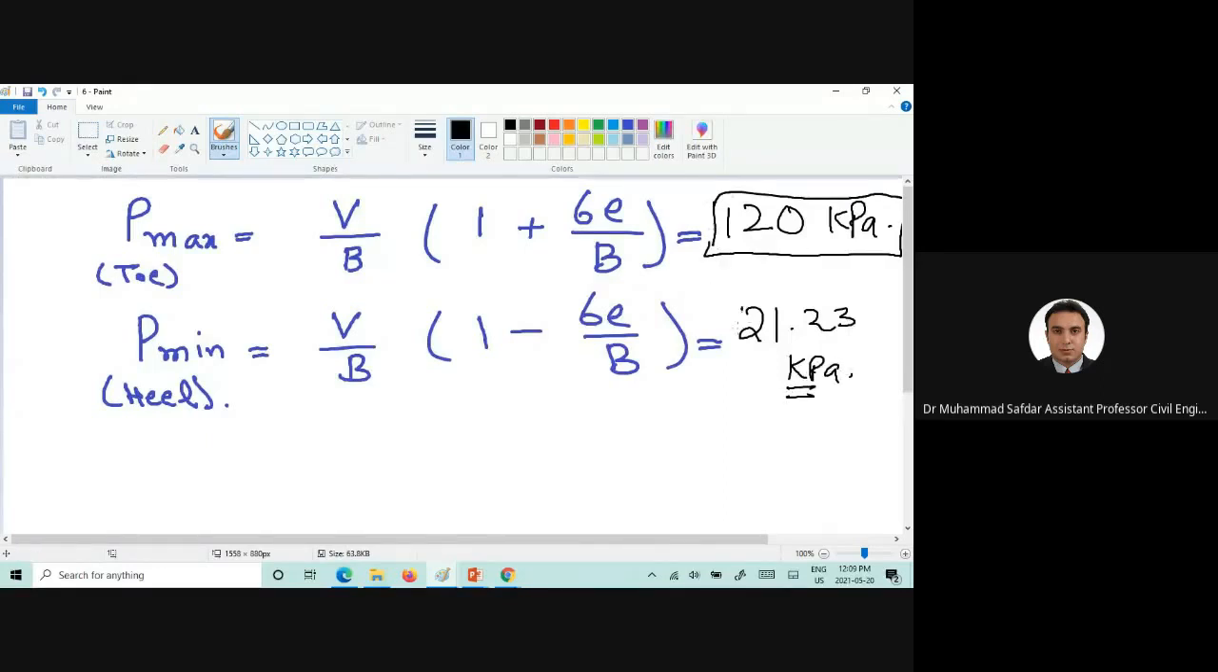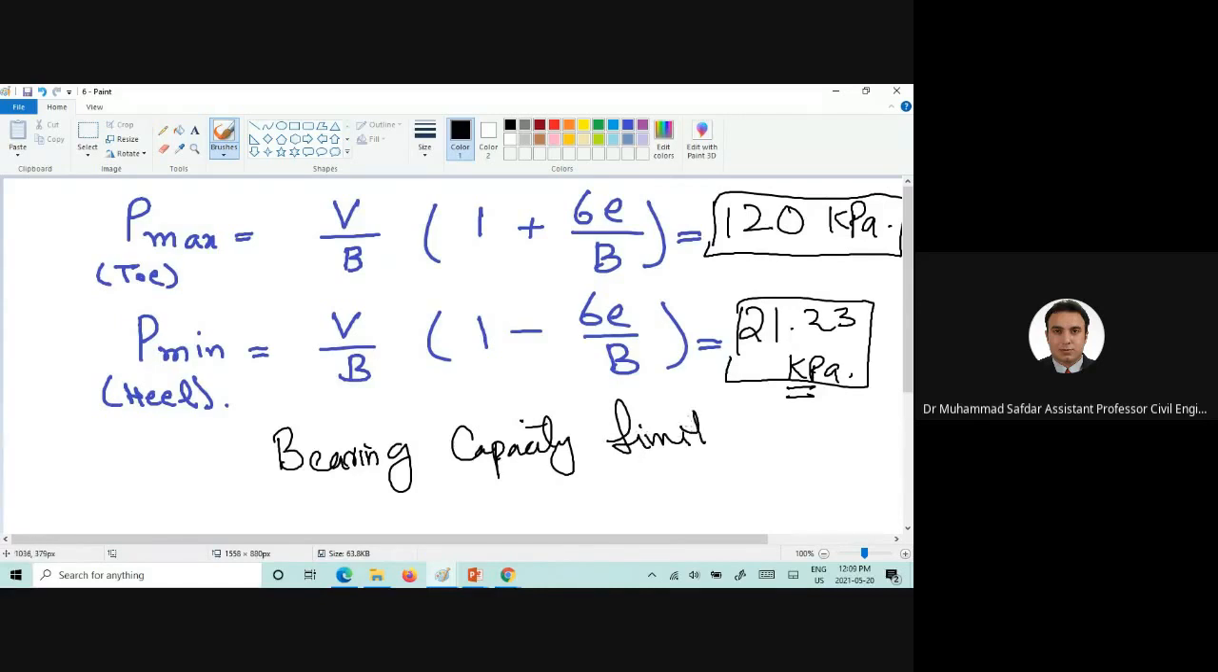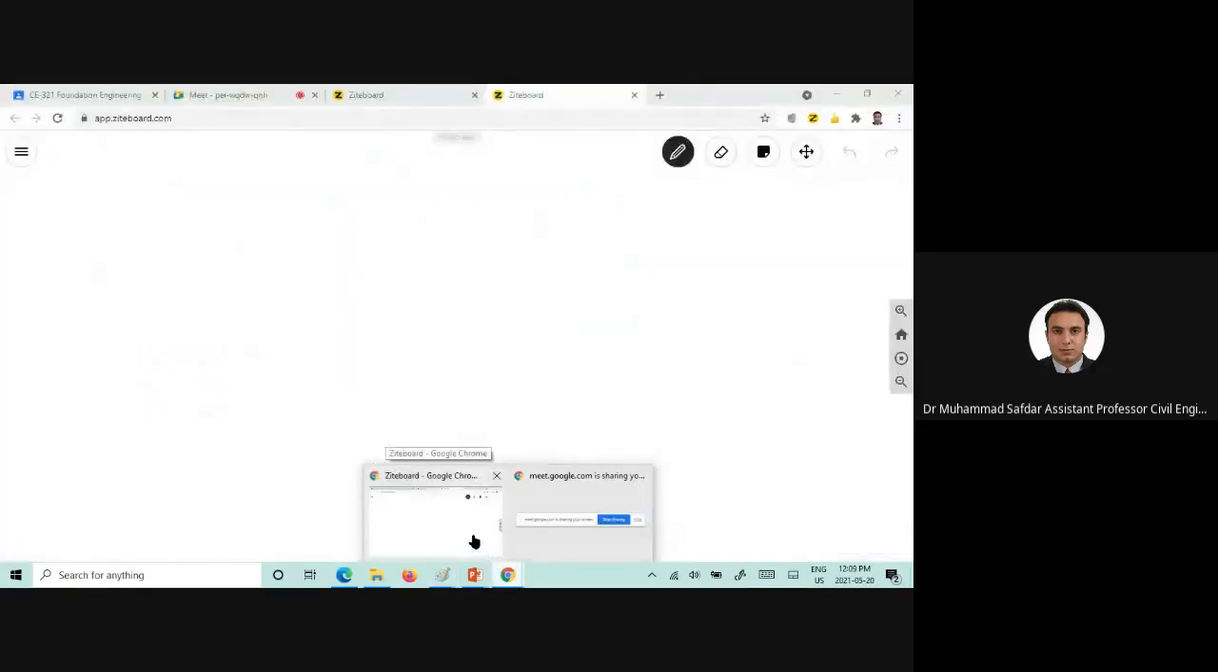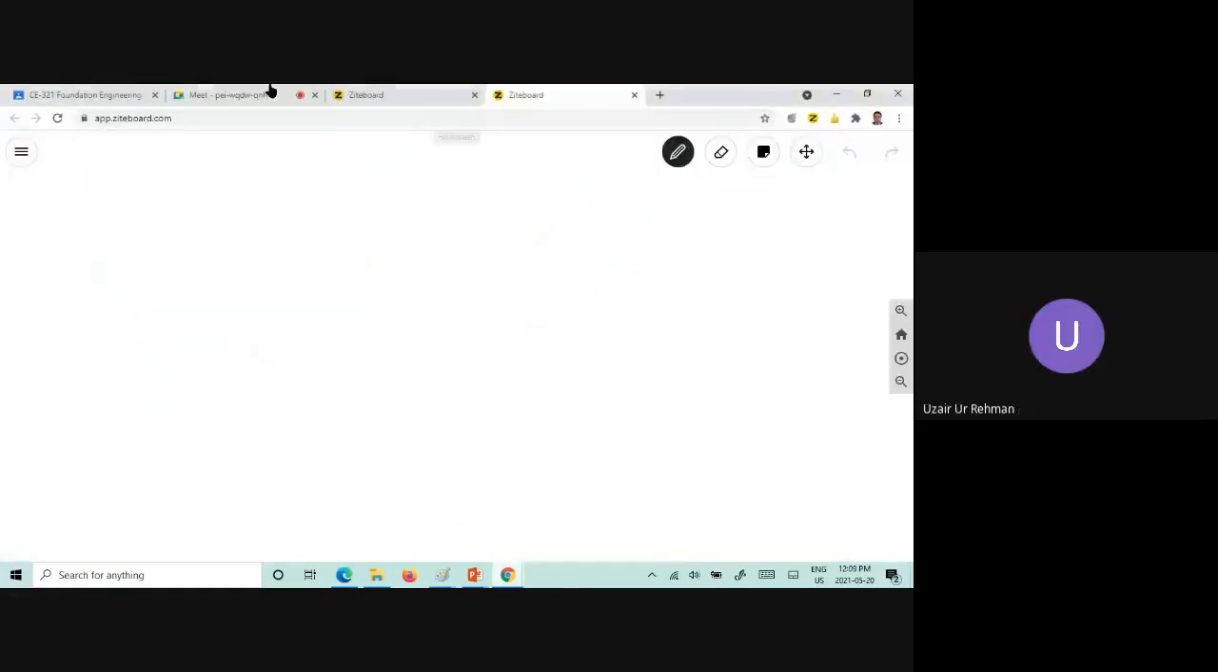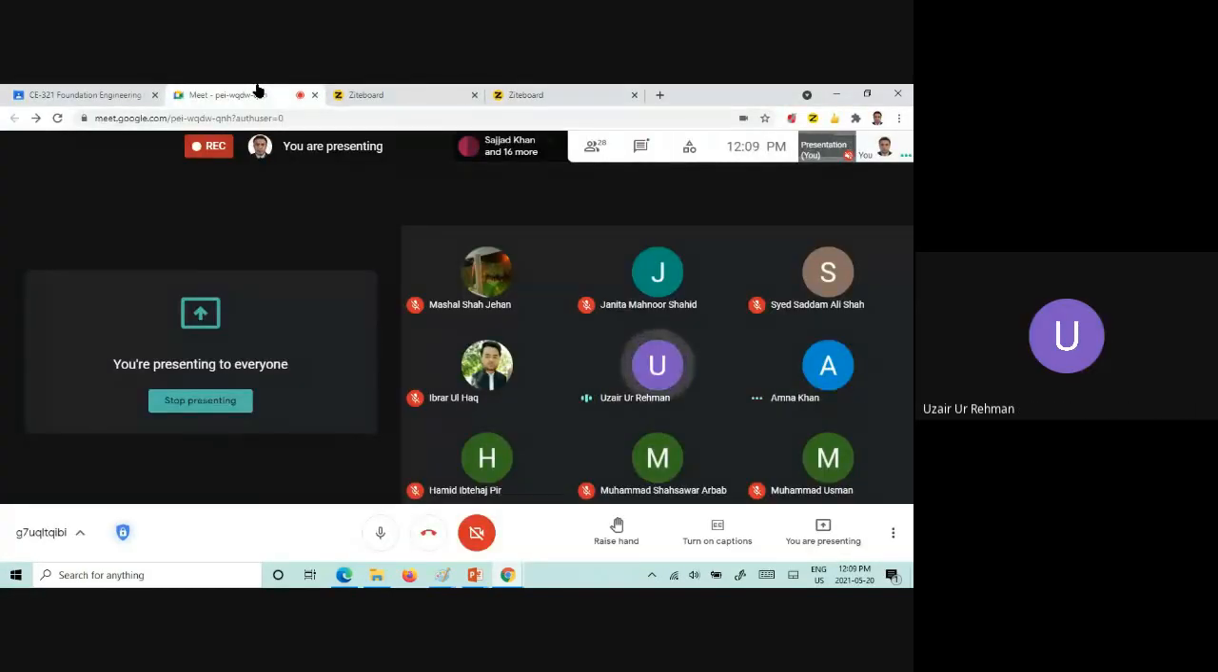Now I have a question. If we want to find out the bearing capacity limit state, how will we find out? Uzair, Usama, bearing capacity limit state के लिए हम क्या करें? सर वो जो theory है सर, bearing capacity theory मैं आपको use कर लूंगा।